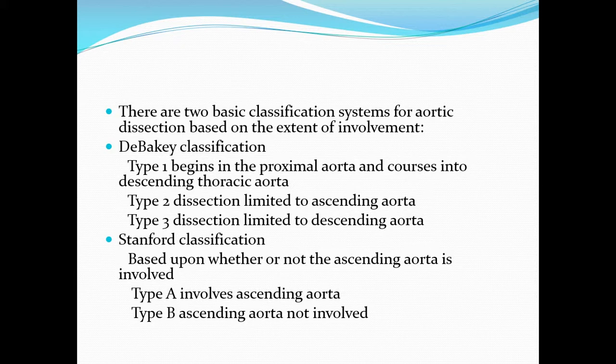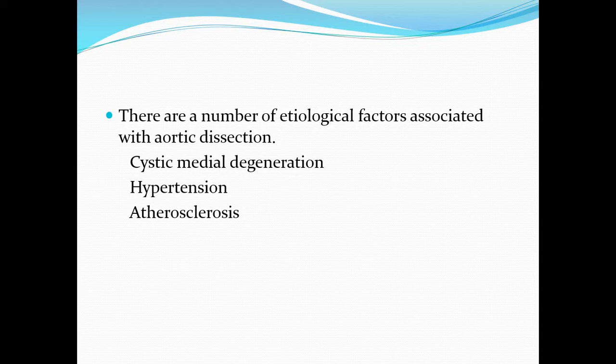While the Stanford classification is based on two types, type A involving the ascending aorta, type B not involving the ascending aorta. What are the etiologic factors associated with aortic dissection? Usually there are